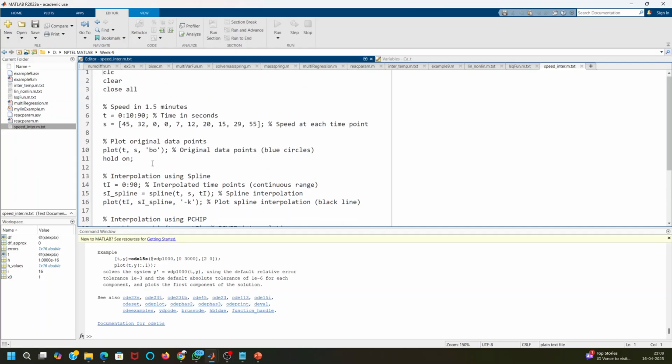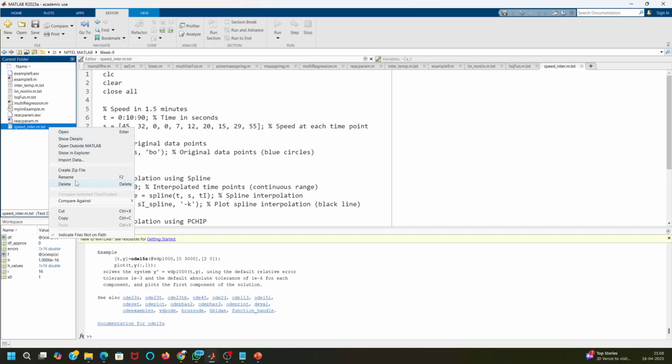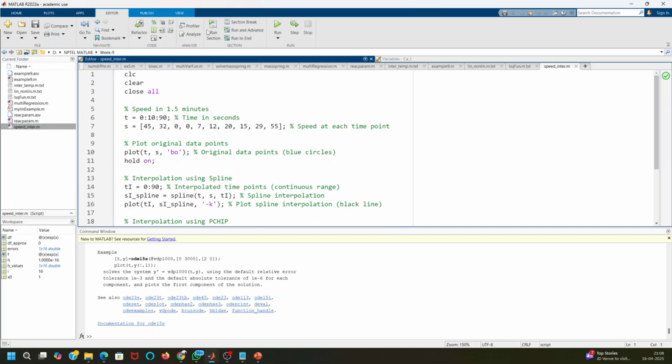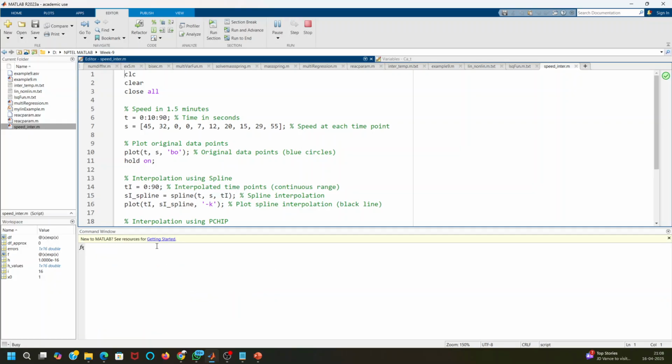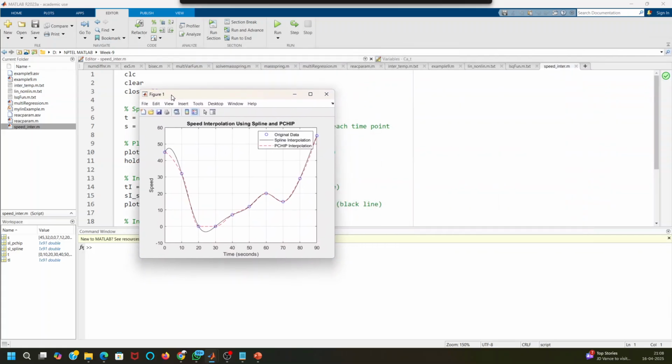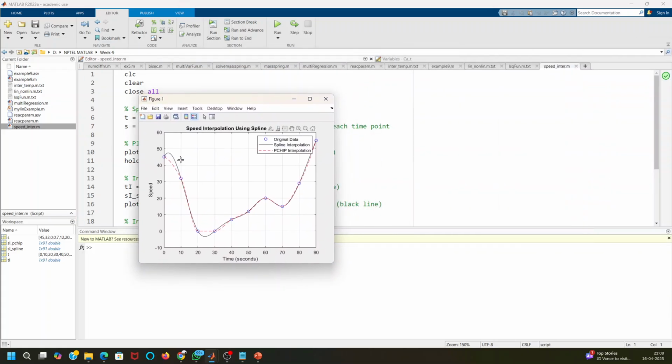So there is some frequency issue, like if you use the spline, let's run this and see how it's happening. You can see this is the spline interpolation, which is giving this kind of curve, but this should not